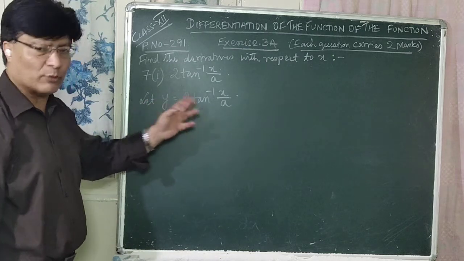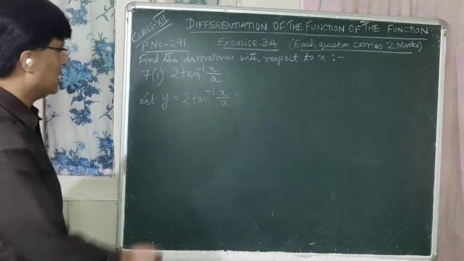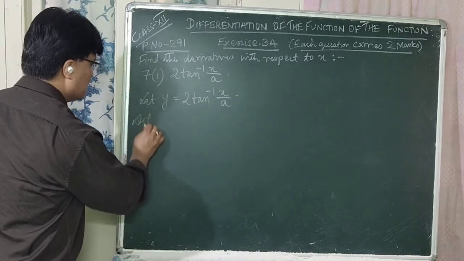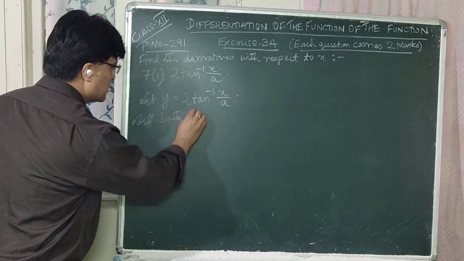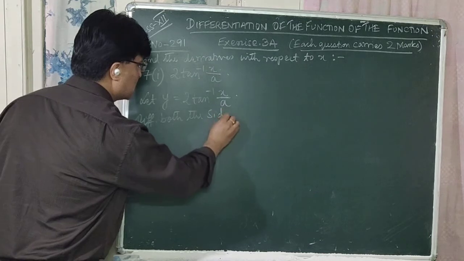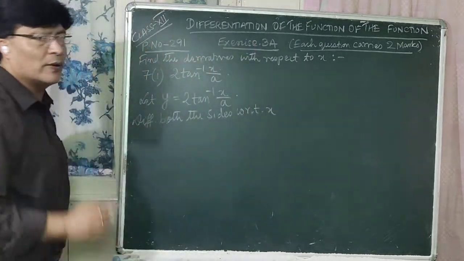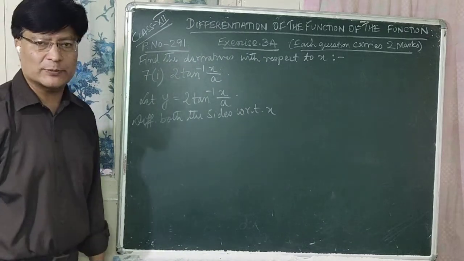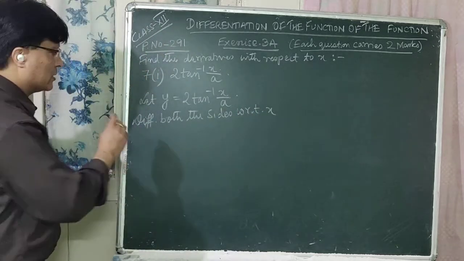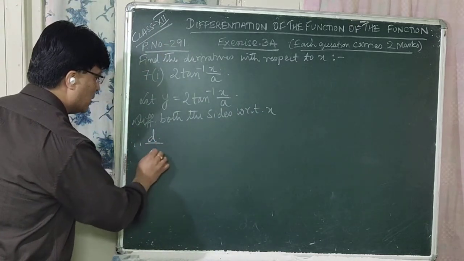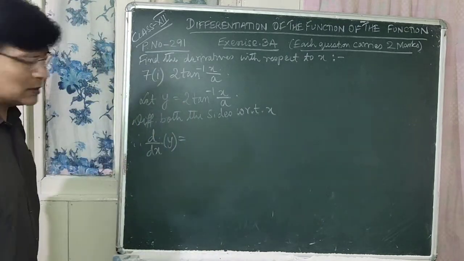So you have to differentiate both the sides. Let us assume it as y and let us find dy by dx. So differentiating both the sides with respect to x, because you are asked to find the derivatives with respect to x, right? So differentiating both the sides with respect to x, what do we get? Therefore it will be d by dx of y is equal to,